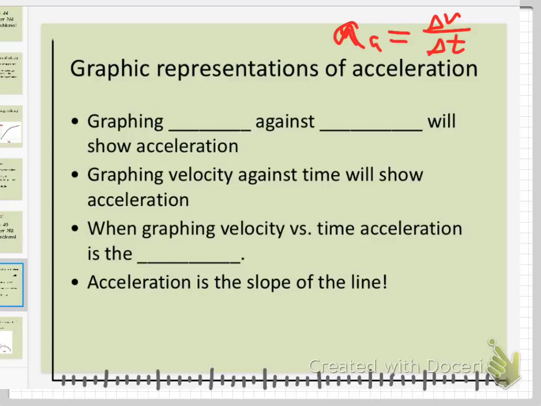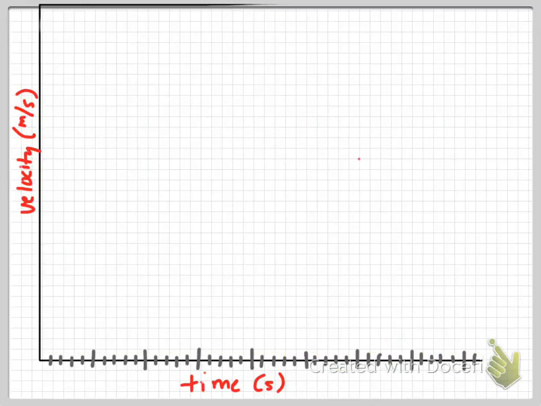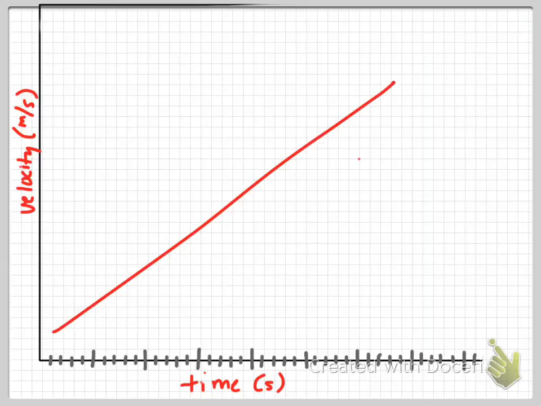So let me ask you a couple questions then. I'm going to get rid of my slide. Of course, when you're making a graph, you're always going to label your axes, and you're always going to label the units on the axes. I know that about you, because you're just those kind of people. So if I have a velocity time graph that looks like this, at your tables, I want you to discuss what you can determine about the acceleration of this object from that